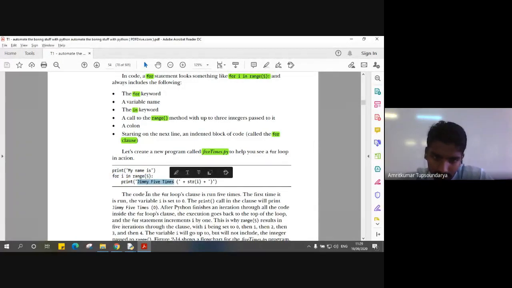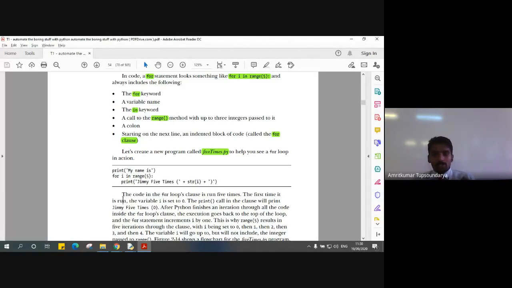This exactly is the statement. Inside single quotes we are printing the statement Jimmy 5 times, followed by the string of the integer I. The variable I contains an integer value, so we are printing that value, because, as we have seen in the previous lecture, we are concatenating a string value with an integer value.